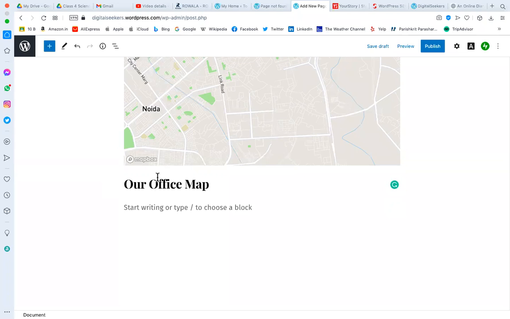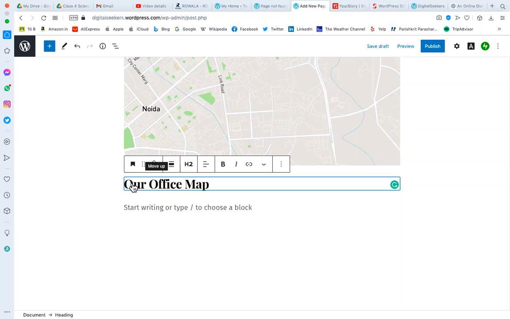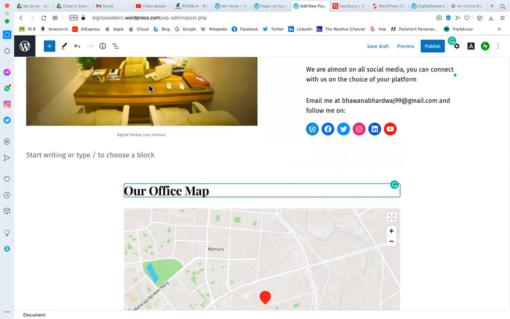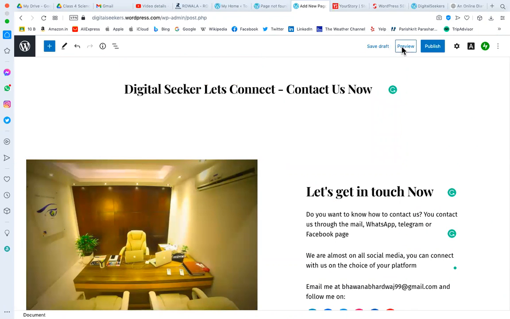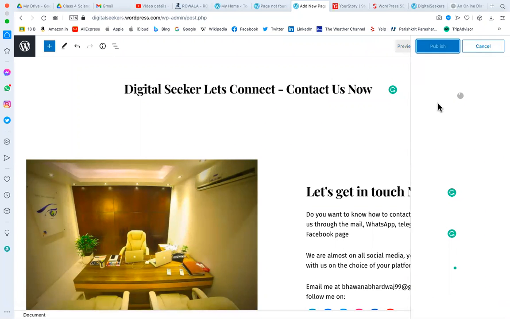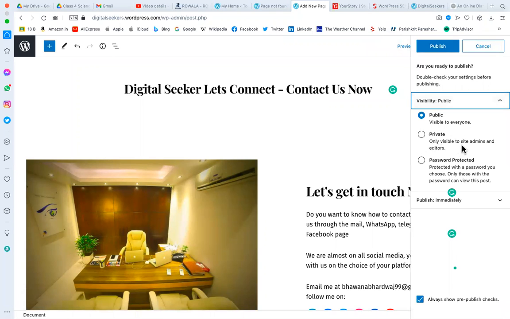I have asked all of you to create any block you want, we can create. How many of you have tried creating different blocks? So this way you have created this, and once you are done with your design, you can click on publish. The preview will be available to you only, not to the public. When you click on publish, it will be published. You can publish it as public, or if you want it private, it is only visible to the site admin or editors. If you want it password protected, you can make a page password protected. If you are writing your online diary every day, you can write it as password protected.